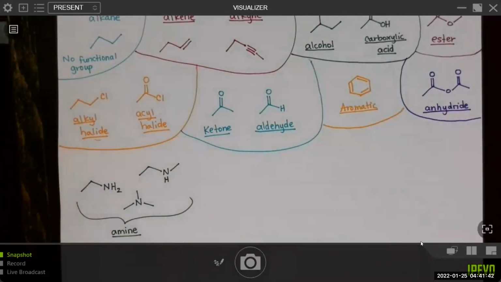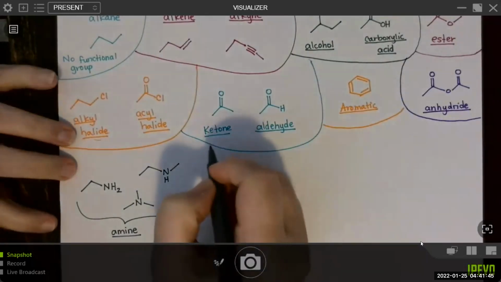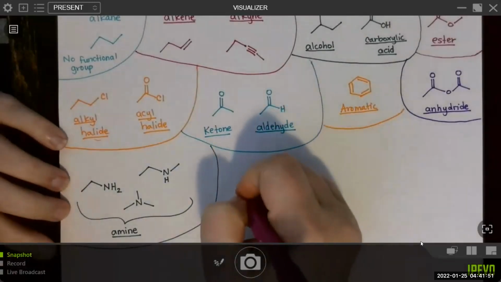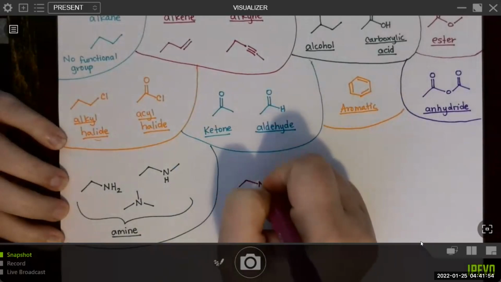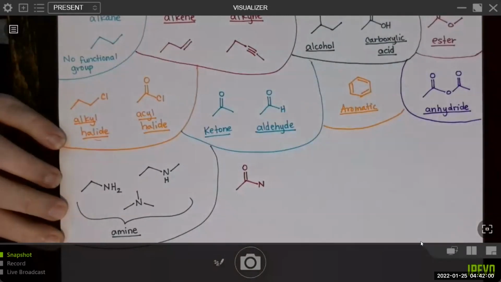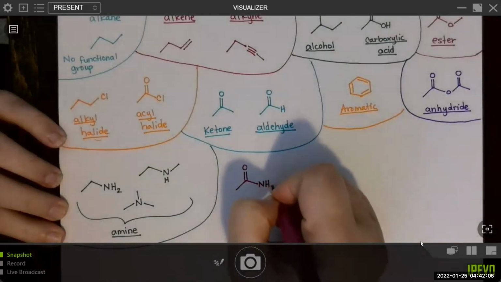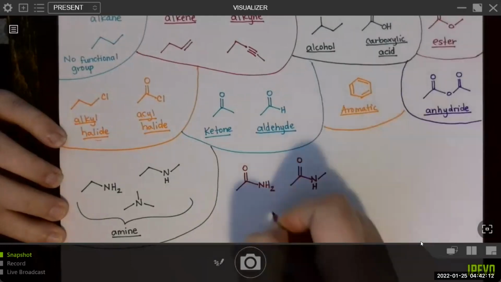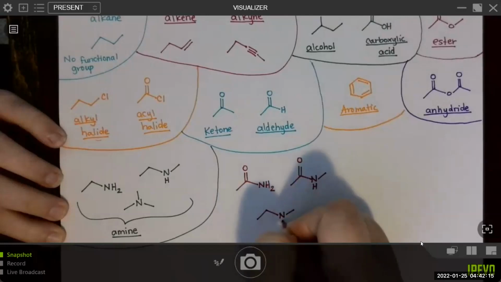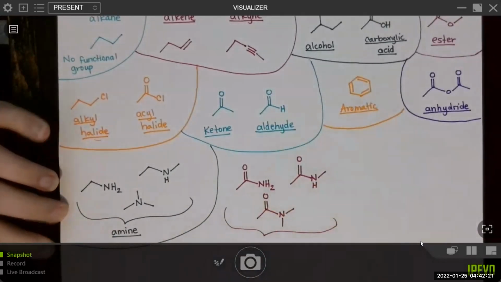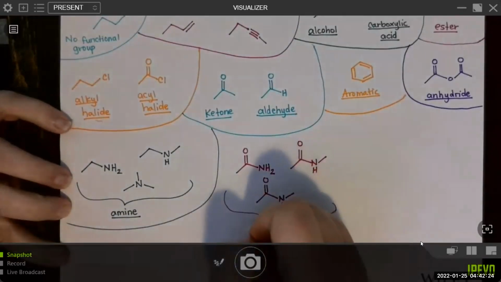Okay. What is very similar to an amine, but not an amine? Let's talk about that. Very similar would be a structure where there's a nitrogen, but next to the nitrogen, the carbon attached also has a CO double bond. Right? And again, this could have 2 hydrogens. It could have only 1 hydrogen, right? And it could have no hydrogens attached to the nitrogen, just like the amine. But if it's got that CO double bond right next to it, then it's no longer called an amine.